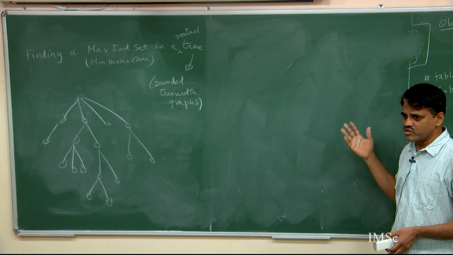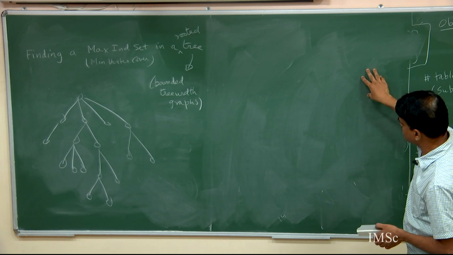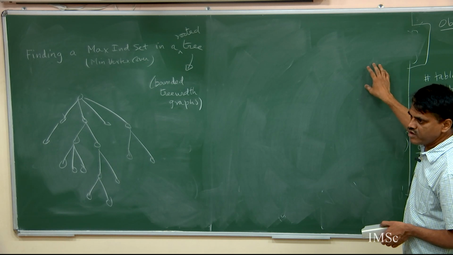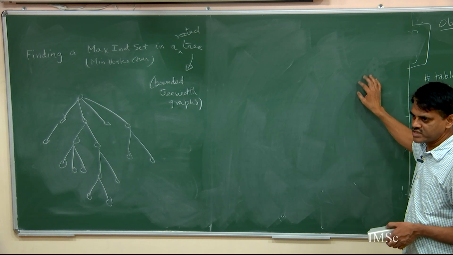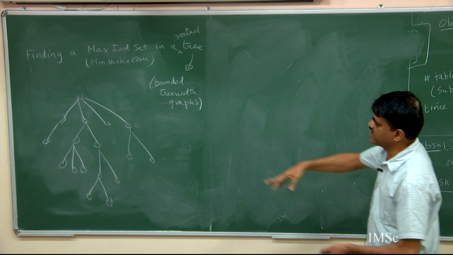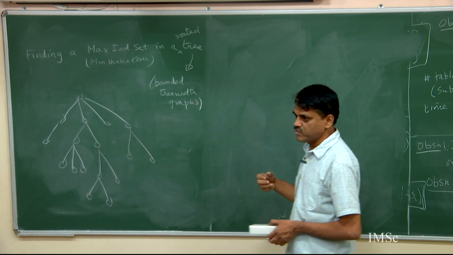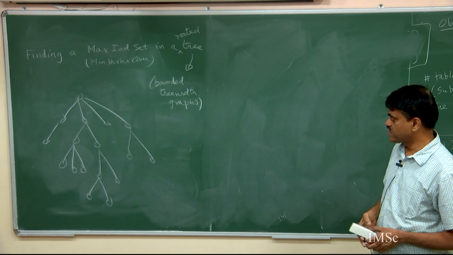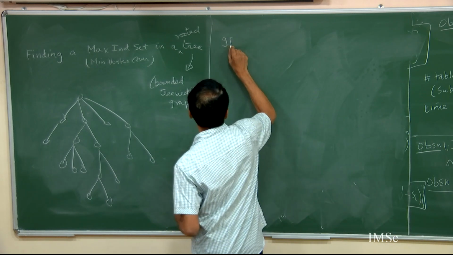Pretty much everything goes through, right, because when I was doing this dynamic programming, I said either the last one is in the solution or not. If it is in the solution, I added 1. Instead, you should add the weight of that set, right. So, that is the only difference, otherwise it works through. So, even here, for example, I can have nodes having weights, and I can find the maximum weight independent set. Okay. So, if root is in the solution,